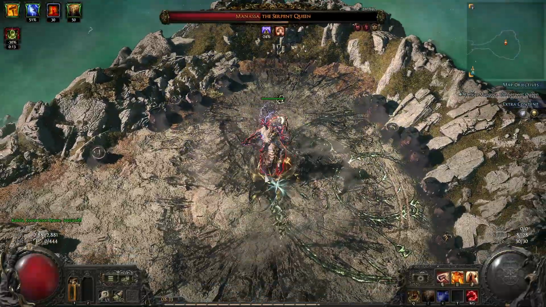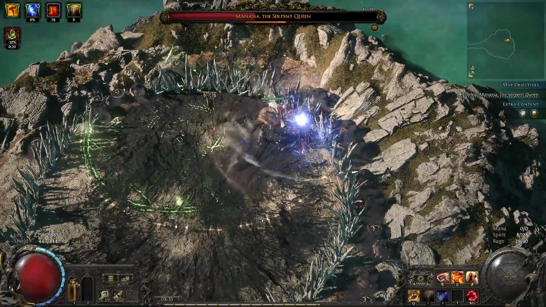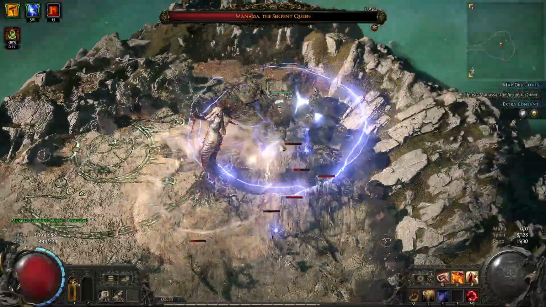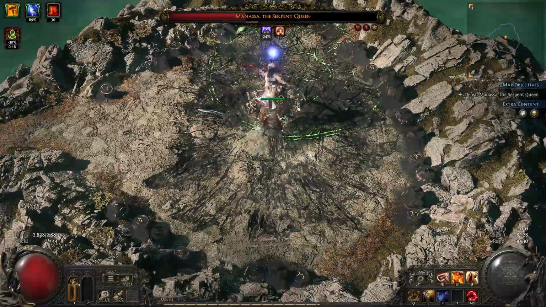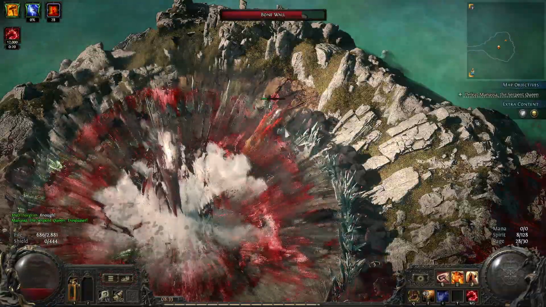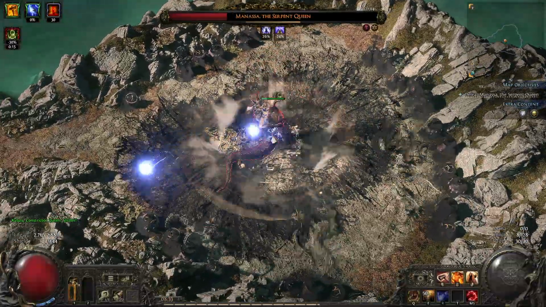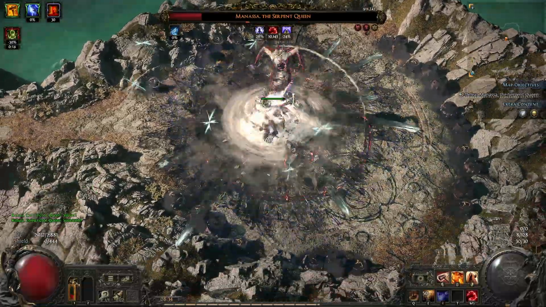Meanwhile, we also get the shock and the penetration. Okay. Could not have used that health potion just like that. Mjollner is both strongest. Well,